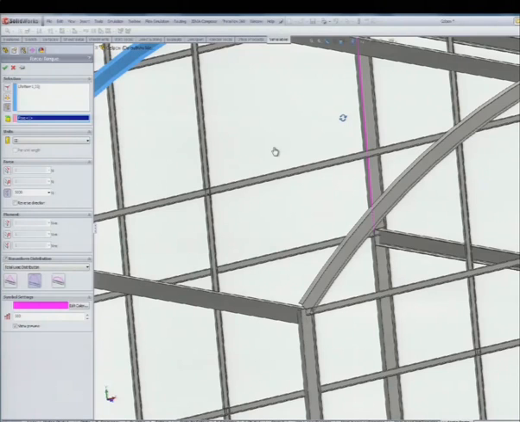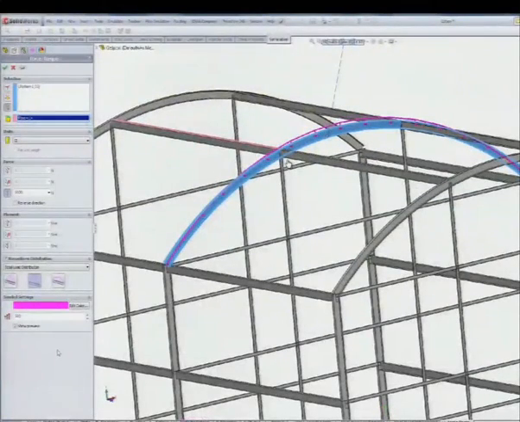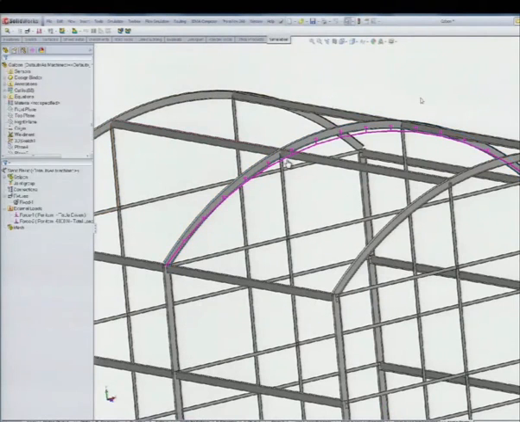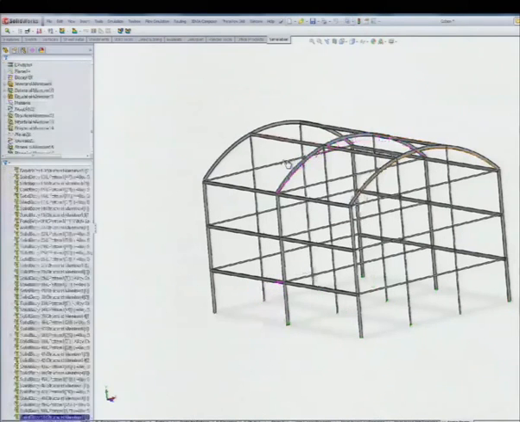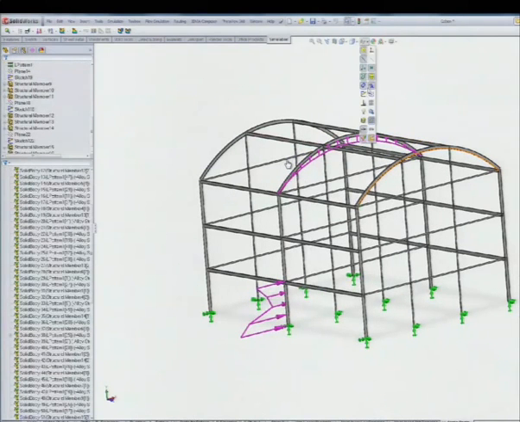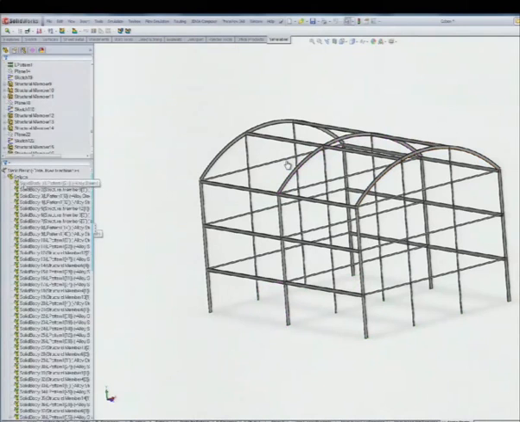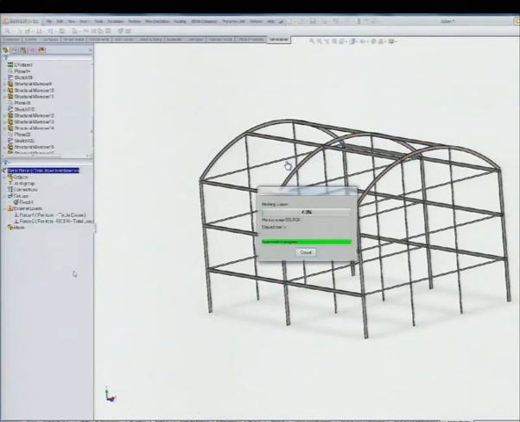Thanks. Of course, I have to include it. I didn't do it in this example, but I have to include the load in the other curved beams. And that's it. I run it,